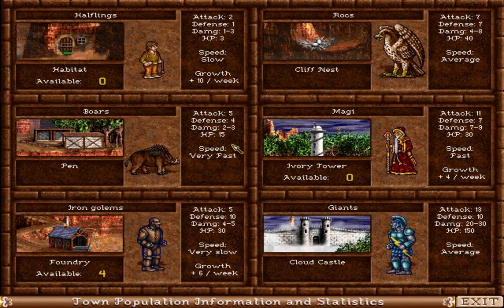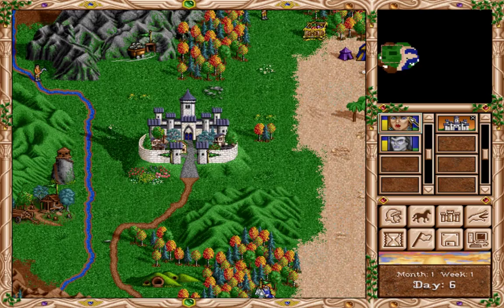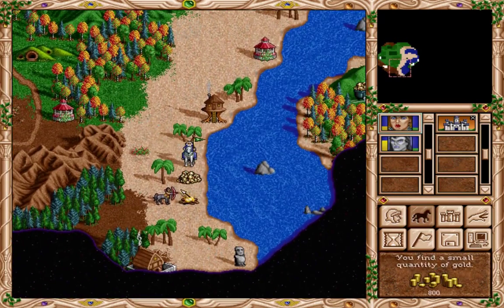So if I check the well, I have a growth rate of 4 per week for my Magi and 10 per week for my Halflings. So every week I get 10 Halflings, I get 4 Magi, and that just goes. The first of every week I can pick them up. Well, I have to buy them, but...